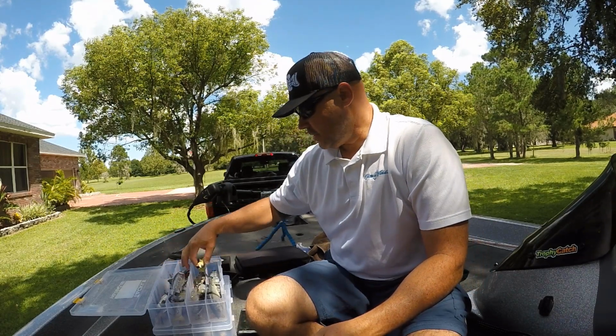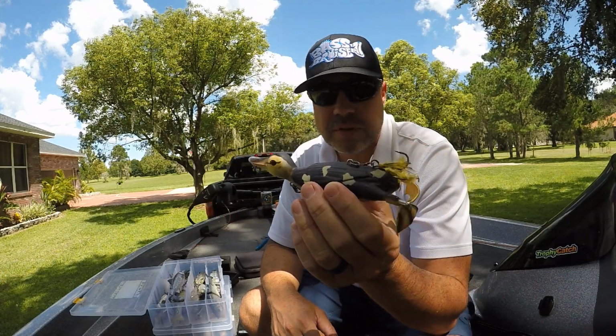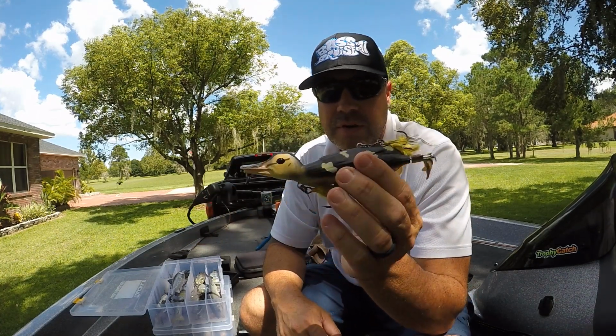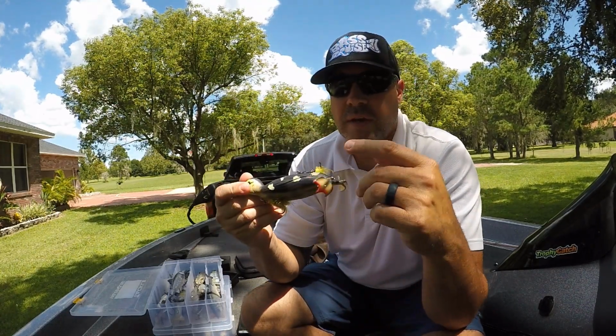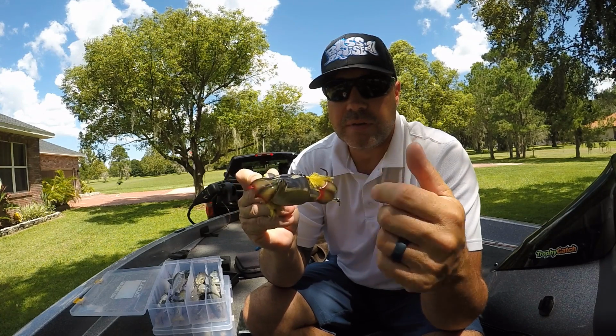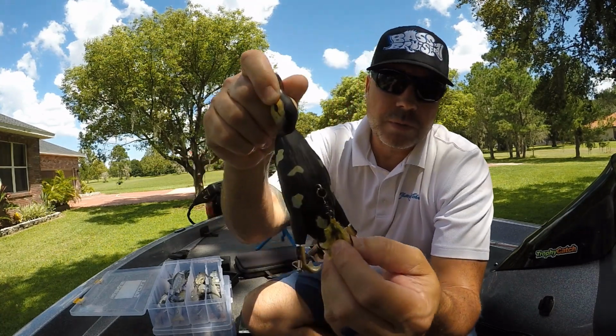And last but not least, you guys have all seen one of these. This is the Savage Gear Suicide Duck. Kind of like a Whopper Plopper style tail. It's got these cool little feet that move. So I modified mine a little bit. I took this